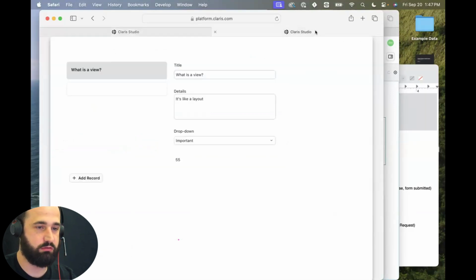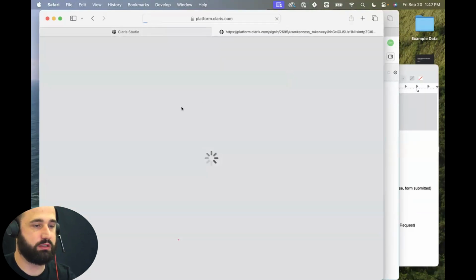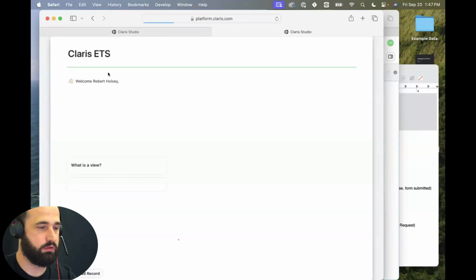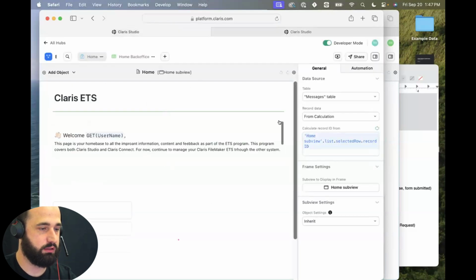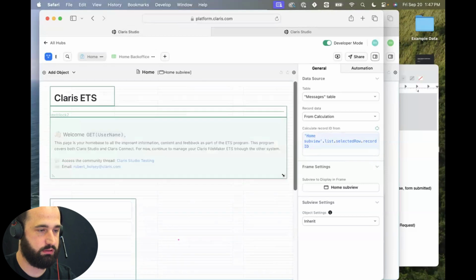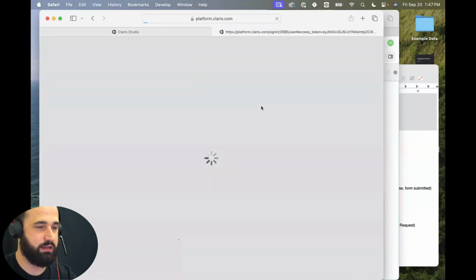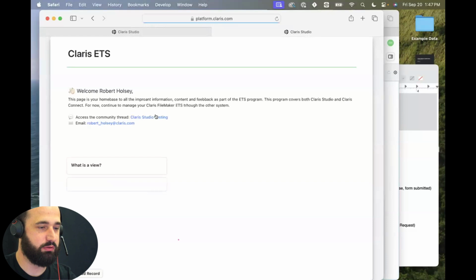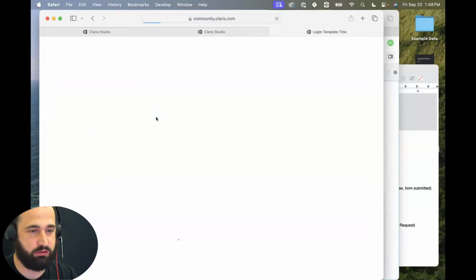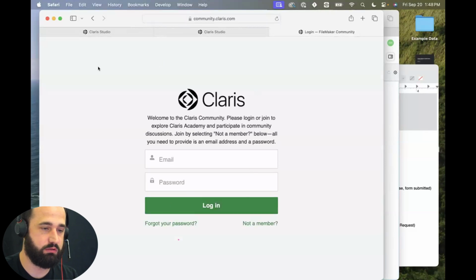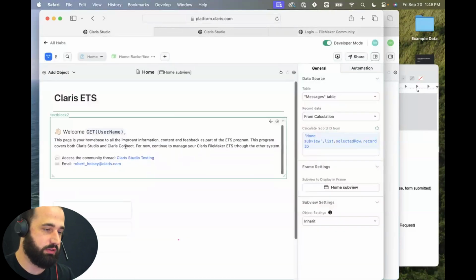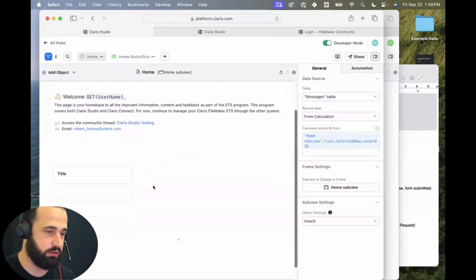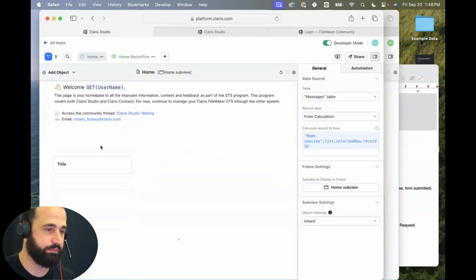Let's reload this for a moment. Maybe I didn't click out of it. There we go. Let's resize this. I'm not going to click on my email just because I don't know if it'll open my whole email client live on stream. But what it normally does would bring up just the new message dialog. This other one you can see takes you as a link to the Claris login. So just little things that you'd expect for being able to interact with your user. Okay, so then we've got